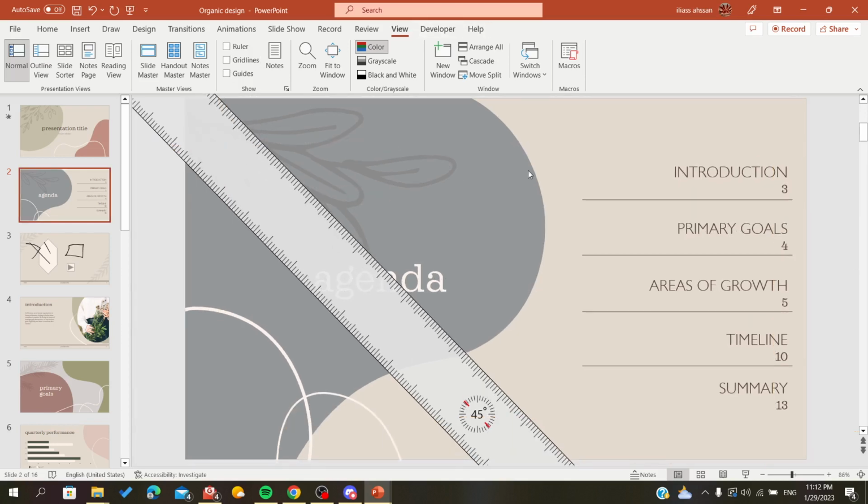And basically those are all the features or a general or an overview for